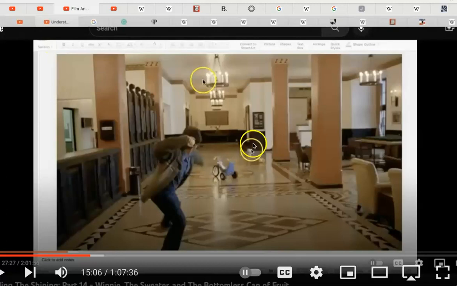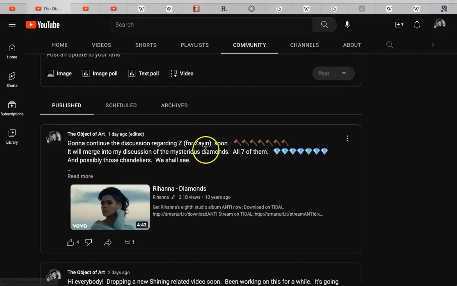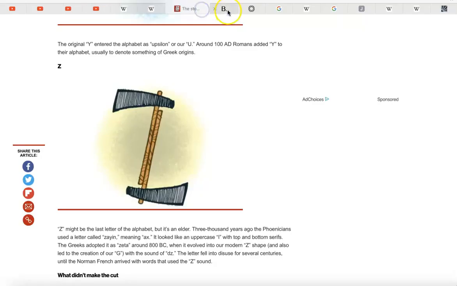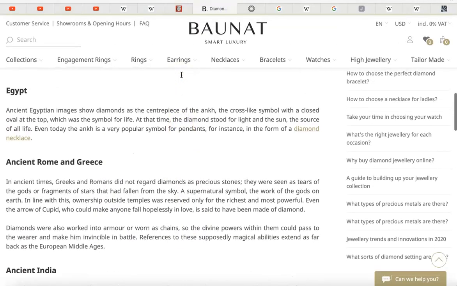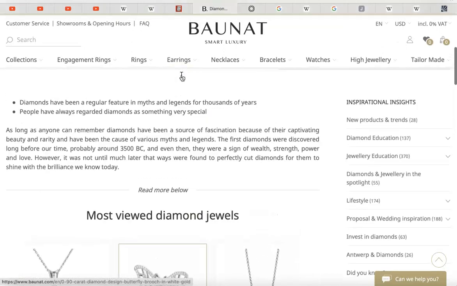And again, this is all if we believe everything that we see literally in the movie. I do not. But I'm still gonna destroy this symbolism. I'm gonna dominate it. Anyway, so I poked around for diamonds. Like Rihanna says, shine bright like a diamond. Okay, so anyway, you might be interested in what I have discovered.